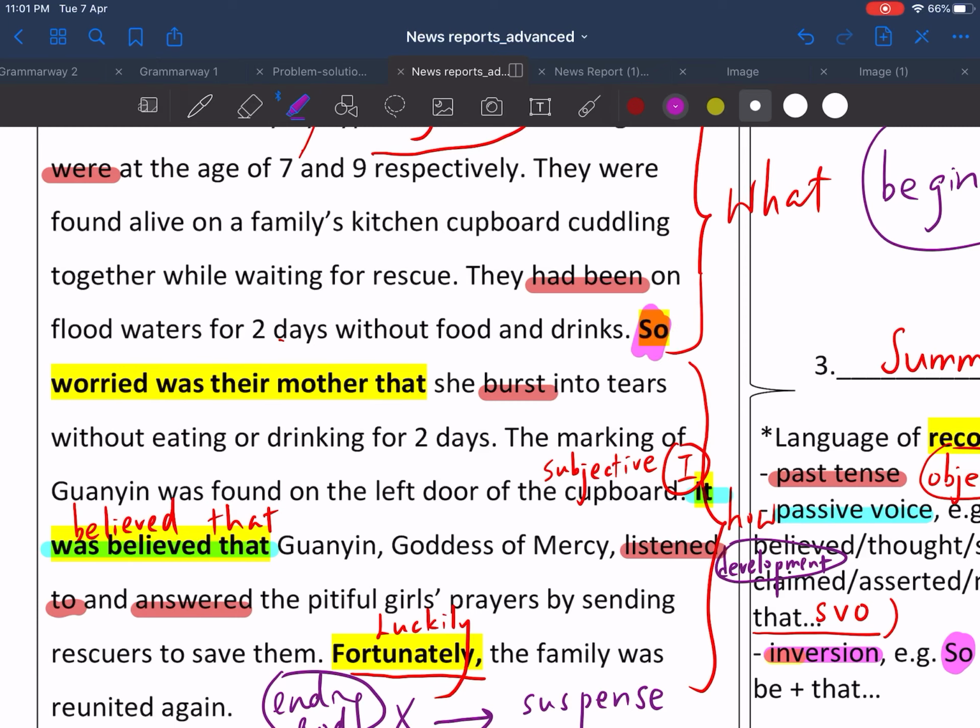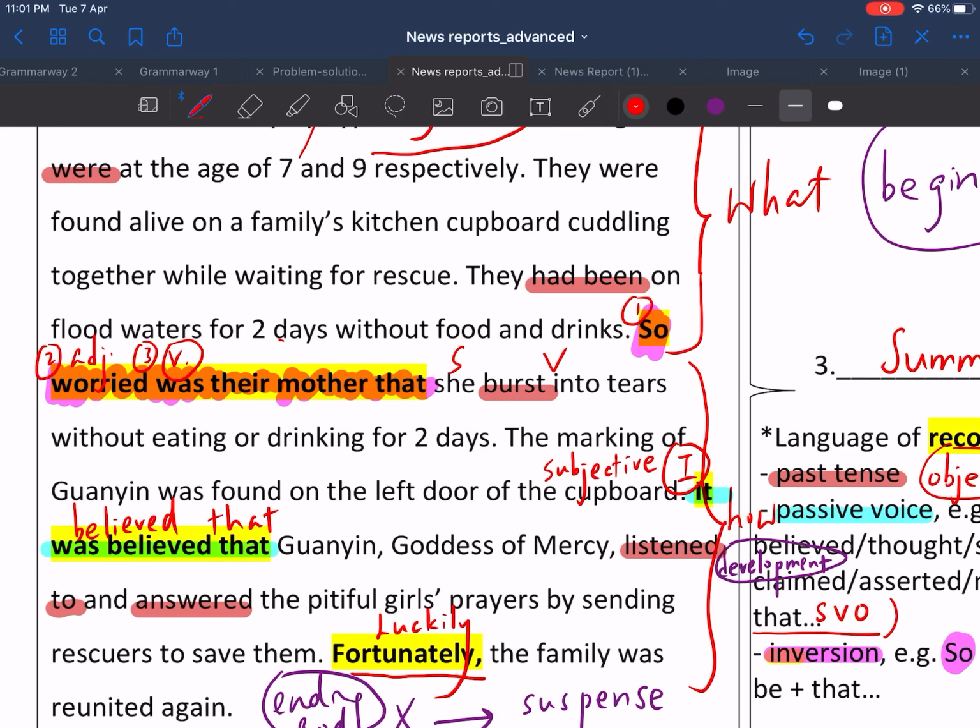So worried was their mother that. So after that, you can see the subject and the verb here. You can see I put the so first, then an adjective, then the verb,